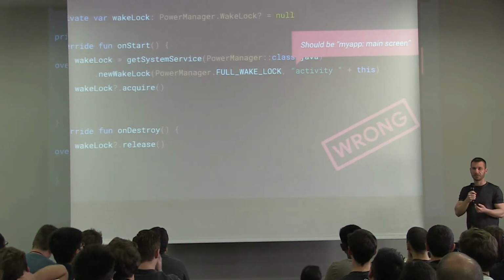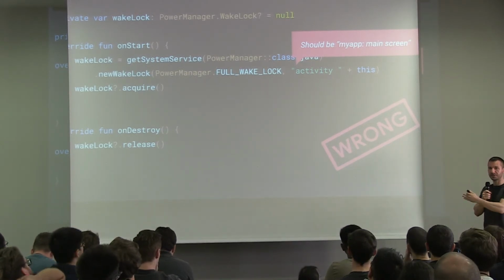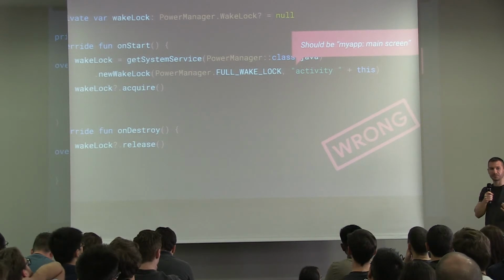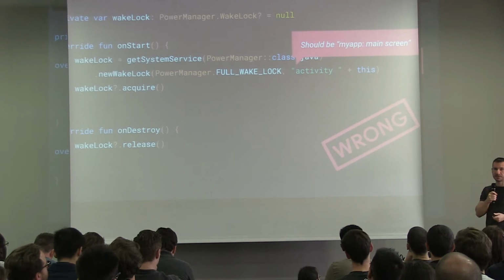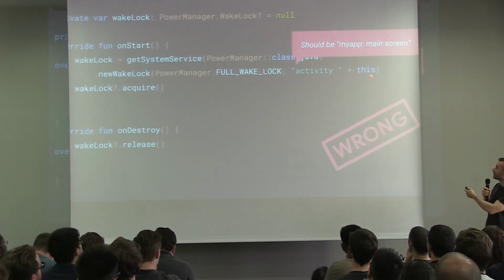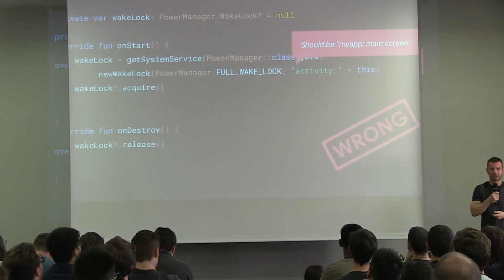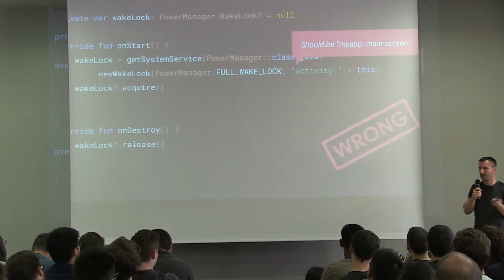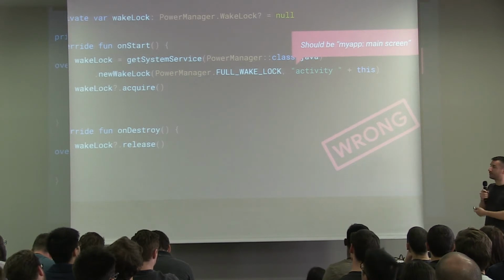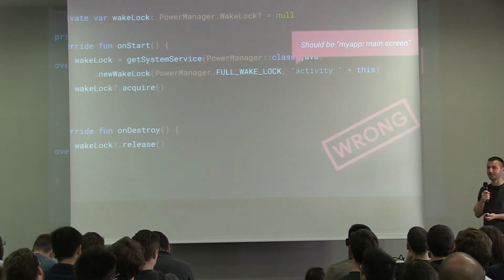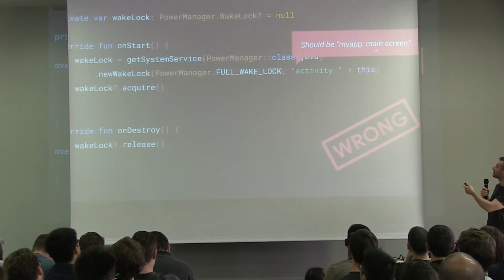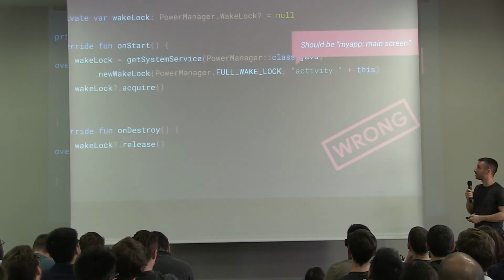That's for privacy reasons, because in order to correlate the sessions, like I said, from different users' devices, we want to have as many of them as possible. So the tags have to be the same across devices. So here I'm doing something relatively harmless. I'm just putting the memory address of this activity, maybe for my debugging purposes, whatever. But I shouldn't be doing this. What if I were putting a user's email address here? That would be really wrong. I don't want to see that in the console. So just stick to something static like my app main screen, and that's it. And now I will know this tag is always coming from here.